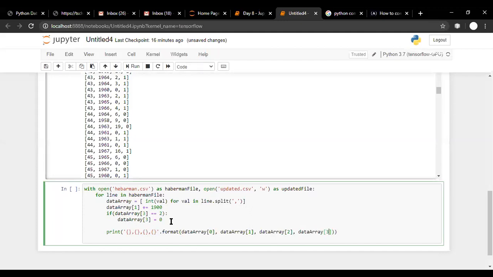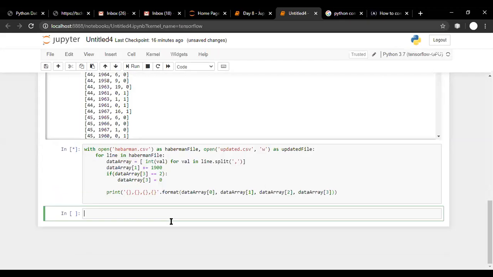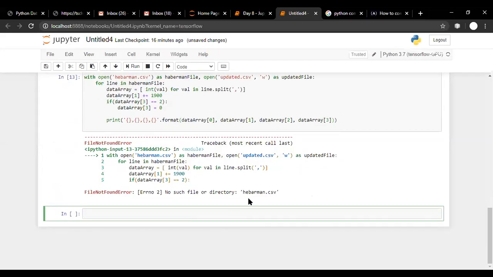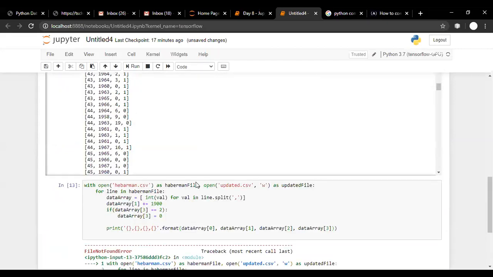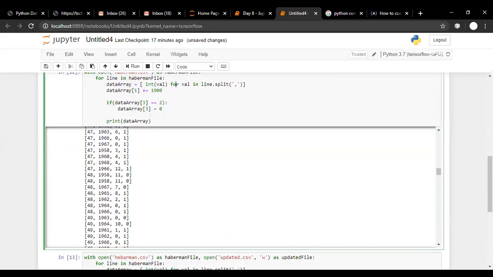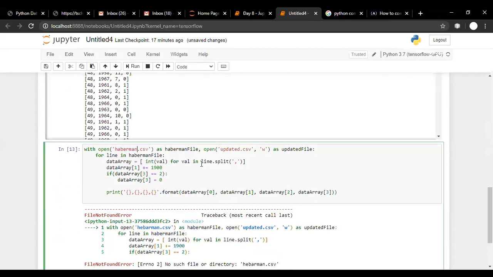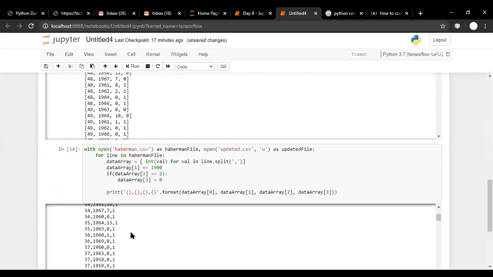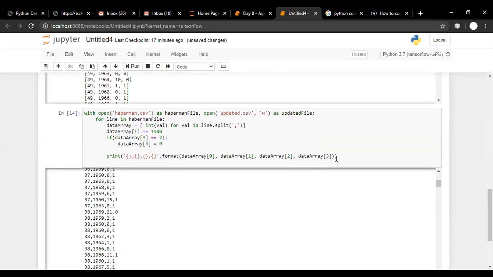But we know that print statement prints the data on a screen, something like this. Oh, what did I miss? So there was a typing mistake. Nice one. So we know that print statement prints the data on a screen, but we can use print statement to print the data in a file also. Thank you, Shubham, for pointing it out.